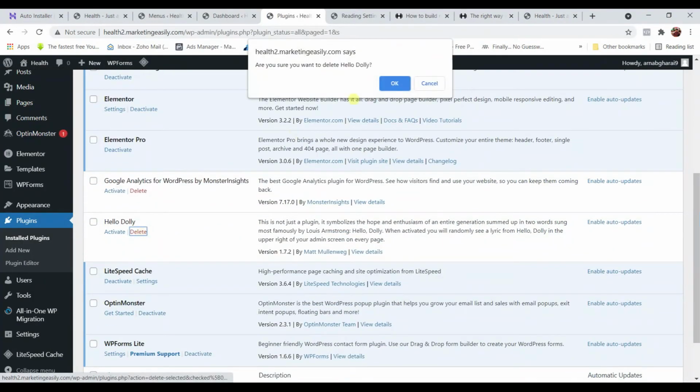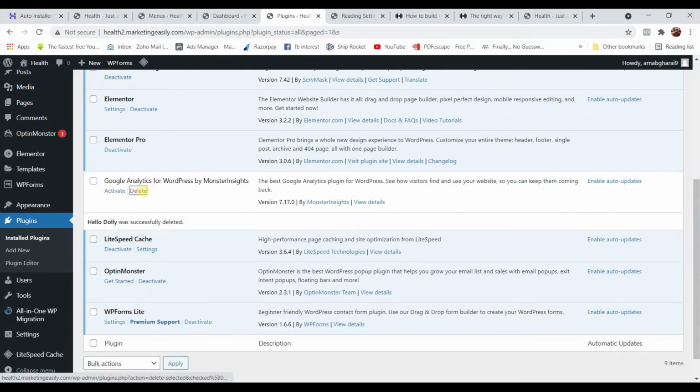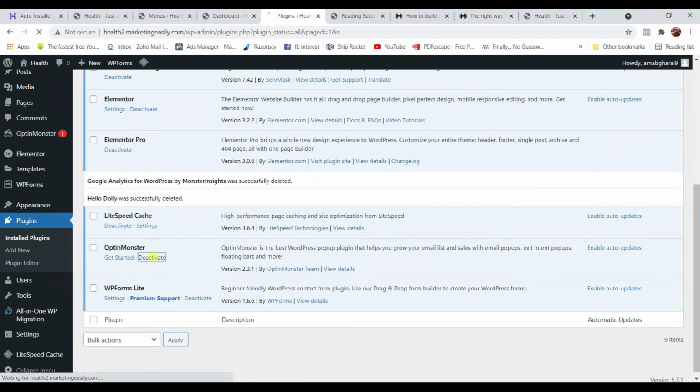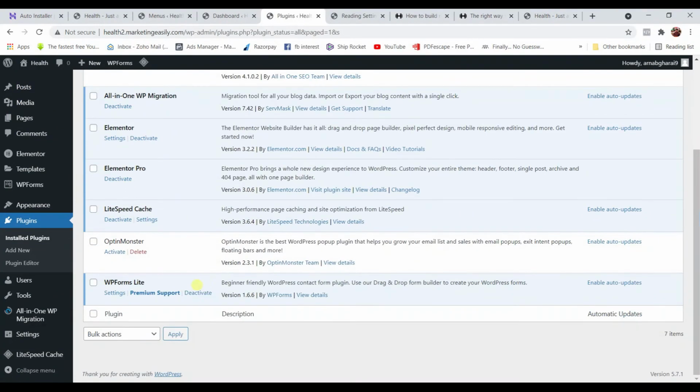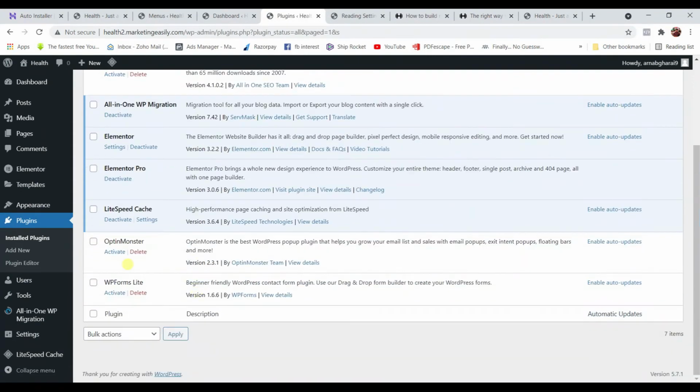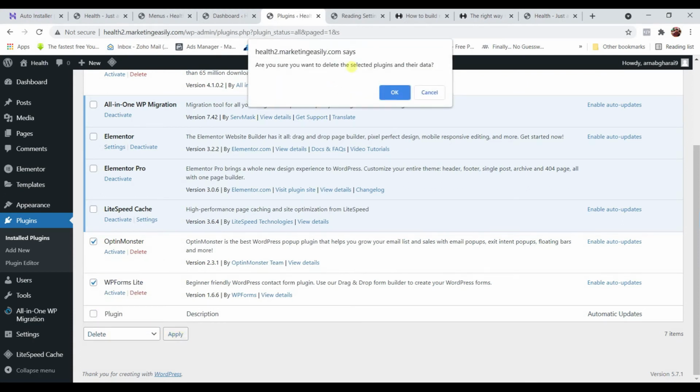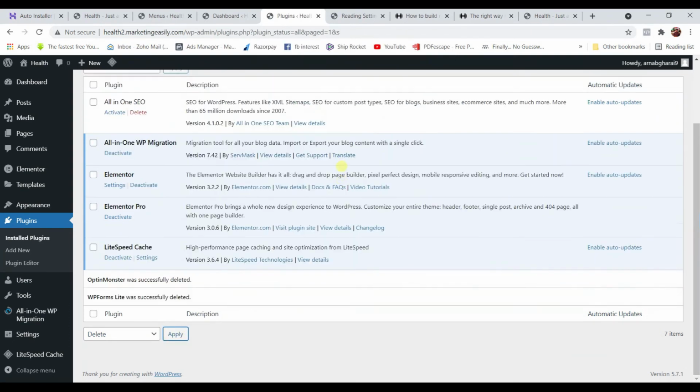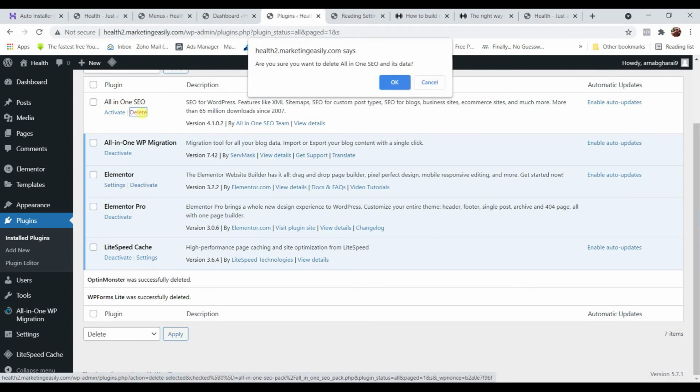Delete. Deactivate. Deactivate. You can select more than one plugin and go to this delete option and apply. So all the plugins you don't require will be deleted. I don't need this. Just get rid of that. Now